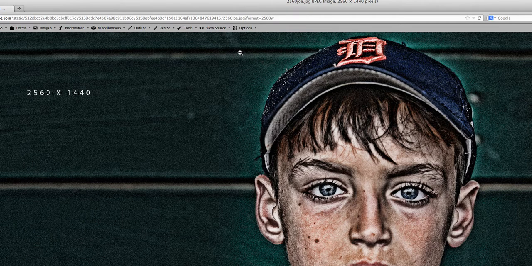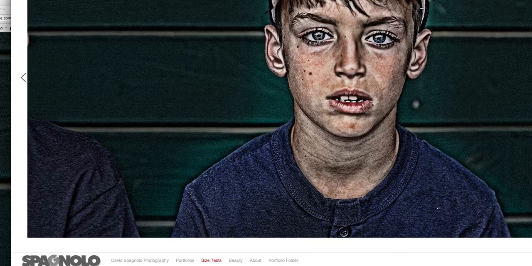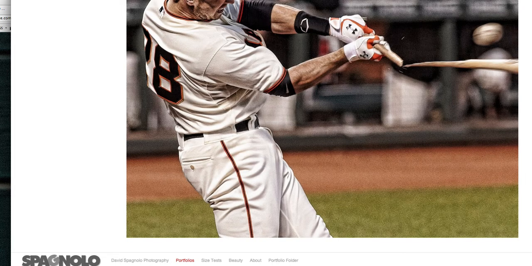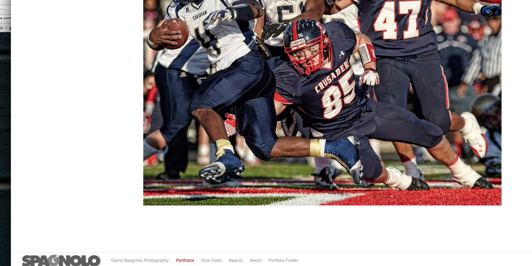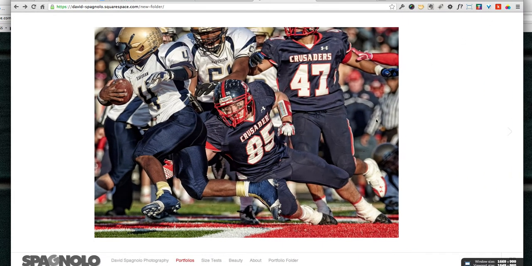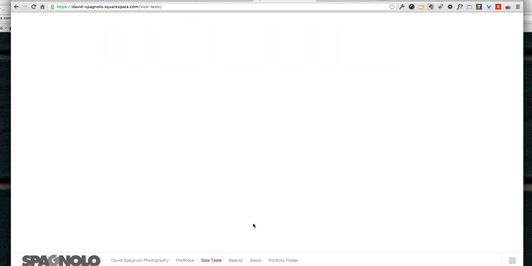So that's the concern. That's kind of where I was saying that you really want to stick to that 1,500 wide max, and then you can kind of go from there. But anyway, when I'm cycling through the examples you have on, well, you have fantastic photography, by the way, but like on the size tests,